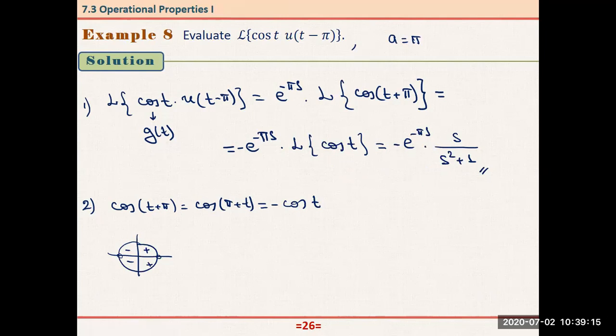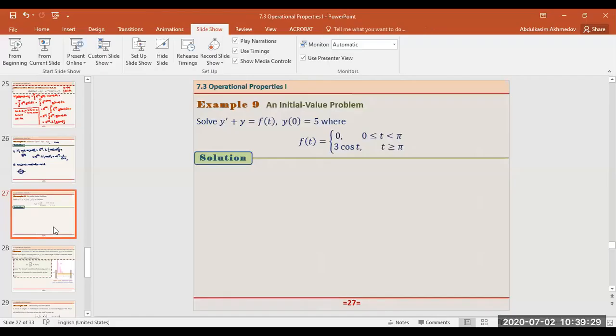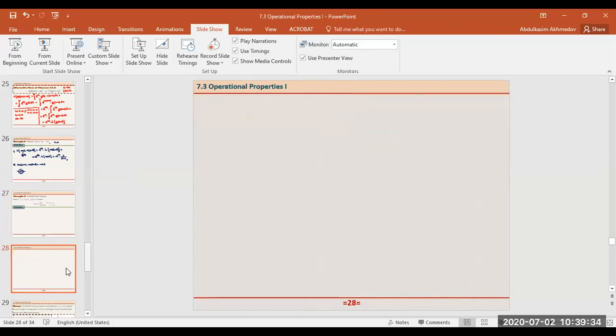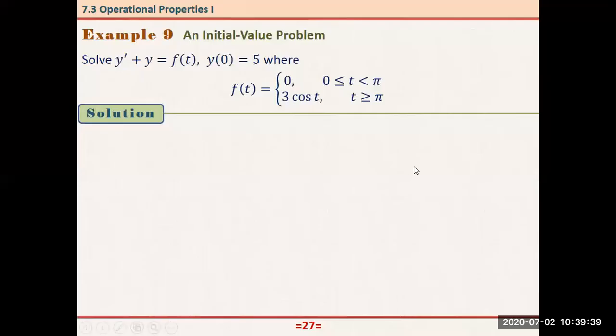All right. Let's see another example, 9, 10. Before I continue, I need to add two slides here. All right, solve y prime plus y equals f of t with the initial condition y of 0 is equal